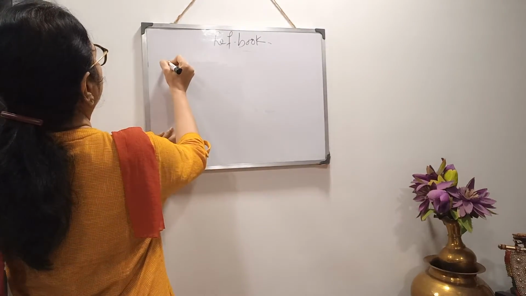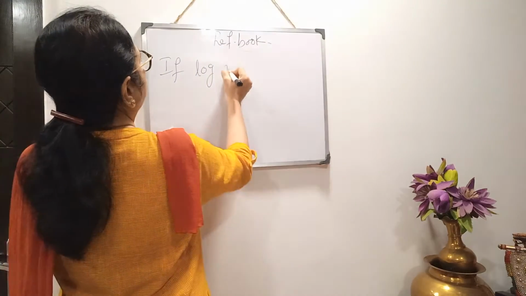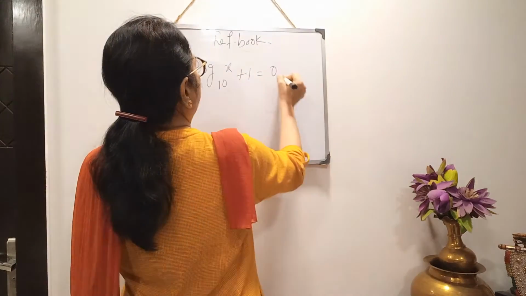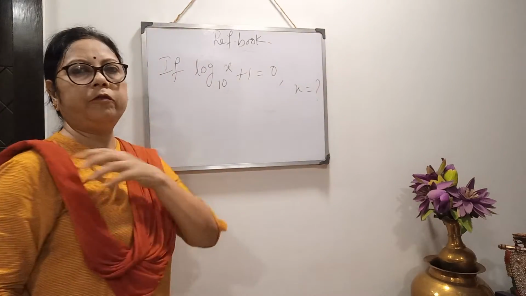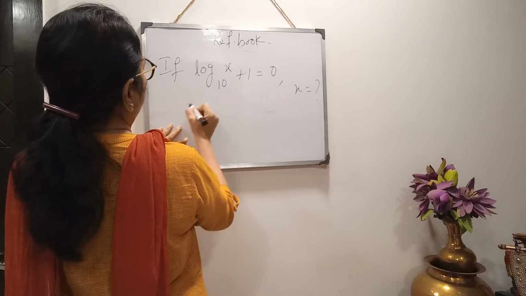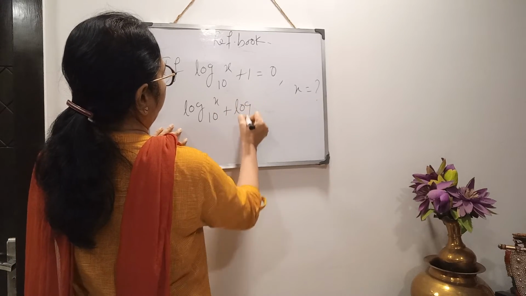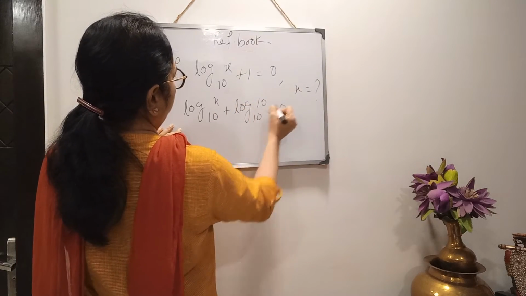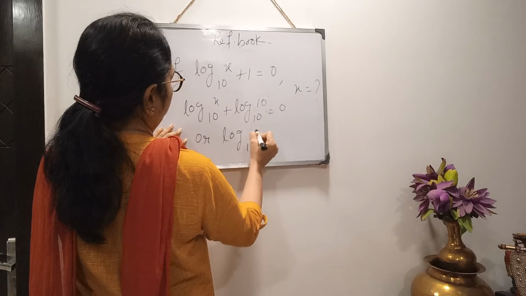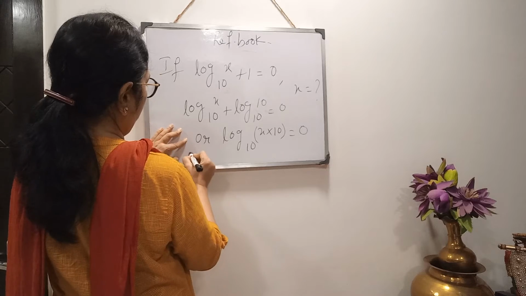if log x to the base 10 plus 1 equals to 0, then find the value of x. Clear? So what can we do? There is 10. So in place of 1 I can write log 10 to the base 10 equals to 0. Or that is multiplication, so we can write addition in this form,